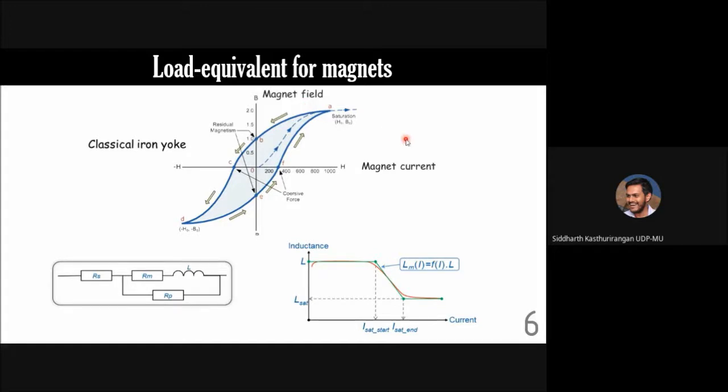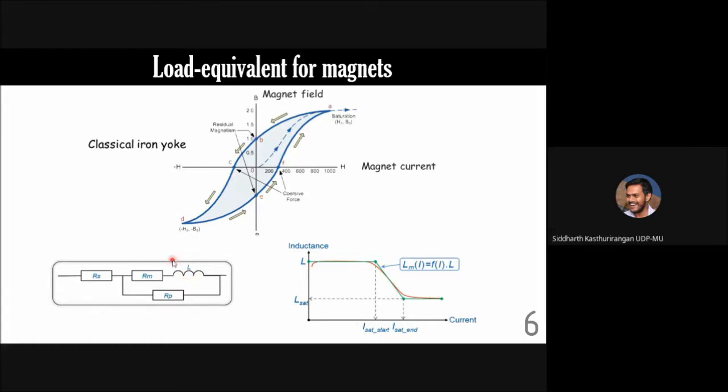You always know that if it is a conventional magnet, then you will have an iron yoke, and the properties of the iron yoke are what determine the final magnetization properties of the magnet. Just for the purpose of understanding, an equivalent kind of circuit is shown over here. I myself am not sure how this arises, but it arises out of a straightforward electrical analysis of the magnet.